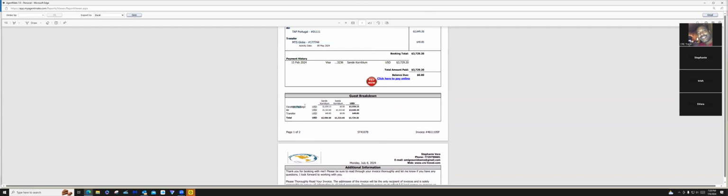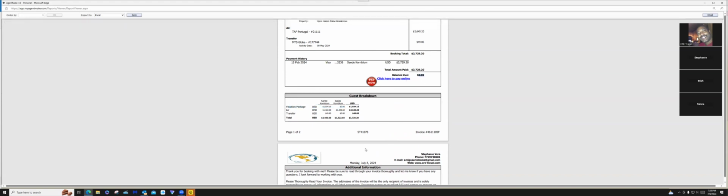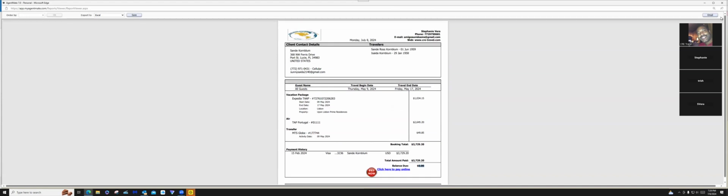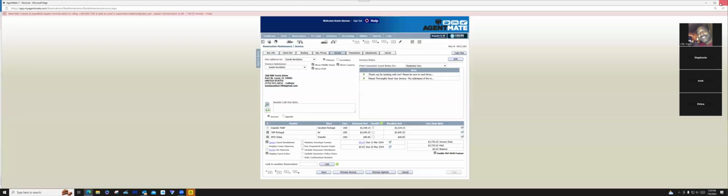So it breaks down the vacation package, transfers. They know what they paid for each thing per person. And you can see now the balance is zero. Very nice. All right, so we'll work on getting these done tomorrow. Yep, no worries. Well, I'm going out of town on Thursday, so I want it done before I go,